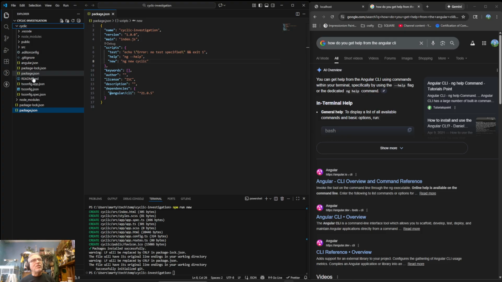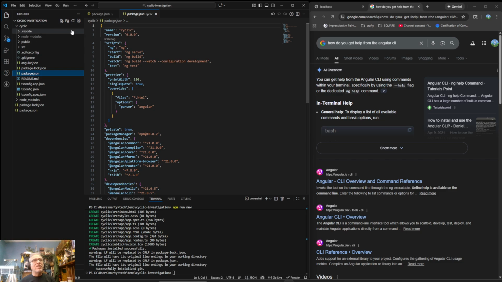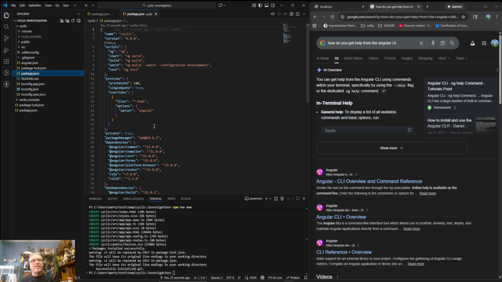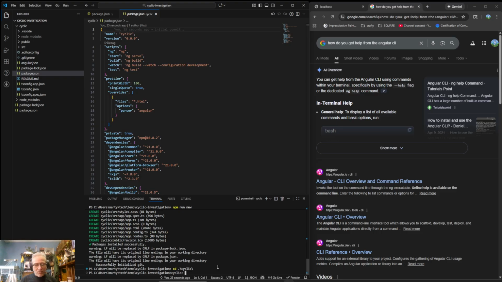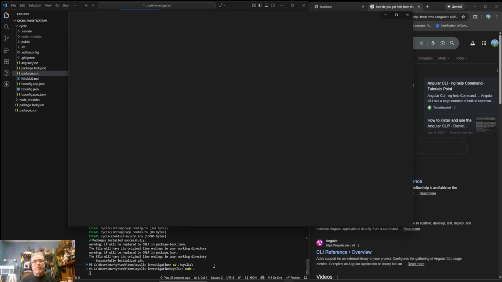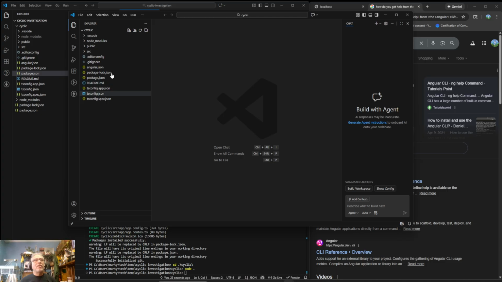But as you see, now we have a new project called Cyclic. We have a new application, and in the package of this project that got created, a Cyclic project, we have a new start project. So now what we can do is cd cyclic. And then what I will typically do is type in code dot. Now that does not work at my job. At my job, code dot doesn't work, but at home it does work. And so now we have our new